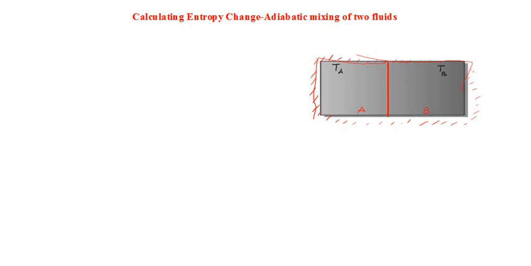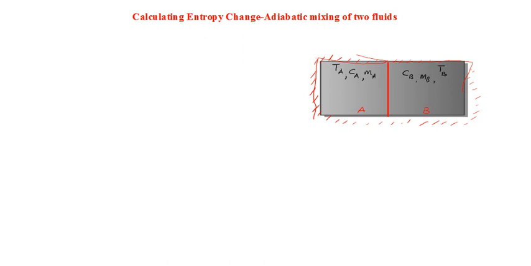Let's assume that these two are two different fluids, two different liquids, for example. It can be liquid or gas, it doesn't matter. Let me assume that the specific heat capacity of the first one is Ca, and that of the other one is Cb, and let the mass of the first be Ma, and the mass of the second be Mb. So these are the data available.